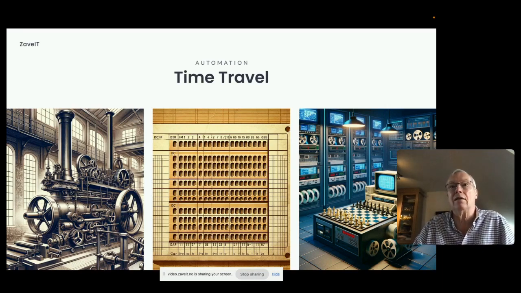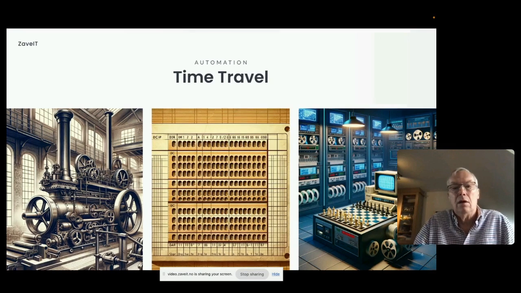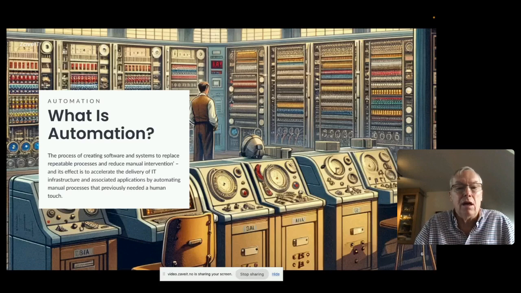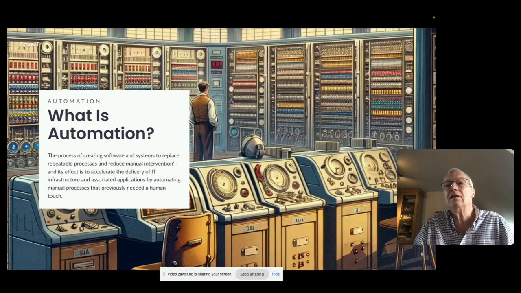So what exactly is IT automation in the way that we mean it? Well, I'm not going to read this slide, but I'm sure you can read it yourselves. The key two messages I see from this slide, talking about what is automation, is the fact that it's all about reducing manual intervention, and it's all about the fact that it's no longer needing that human touch. That's what automation is about, and that's really the premise that we're covering here today.